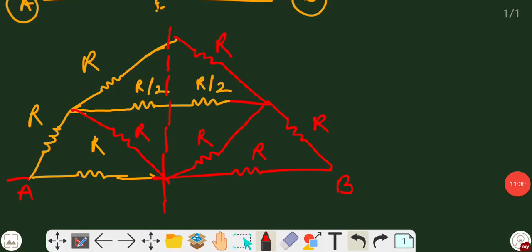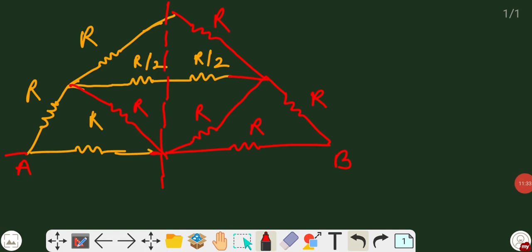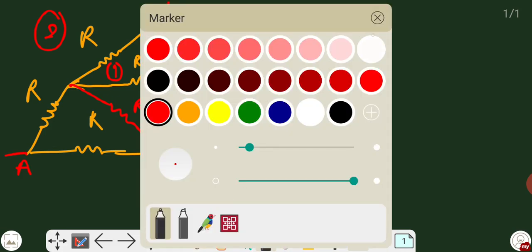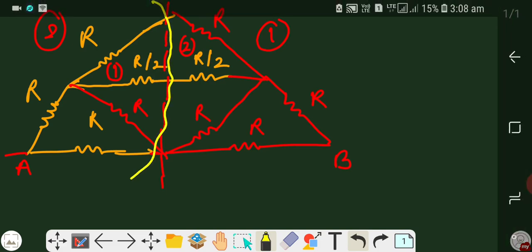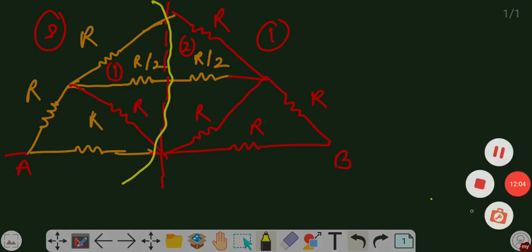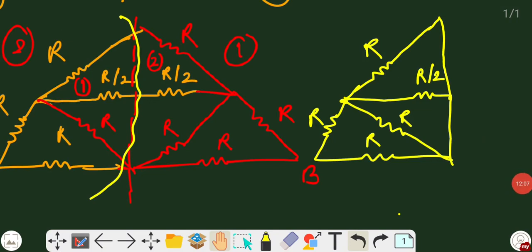So here is the mirror image of the circuit, and you can see it looks perfectly like a reflection in a mirror, this first and second part. We'll analyze this part, and the same result will also occur for the other part. Then it depends on whether it's series or parallel, and we'll solve the whole circuit. So let us solve this part. See, I have clearly separated this part, and now it's quite easy to solve this question.